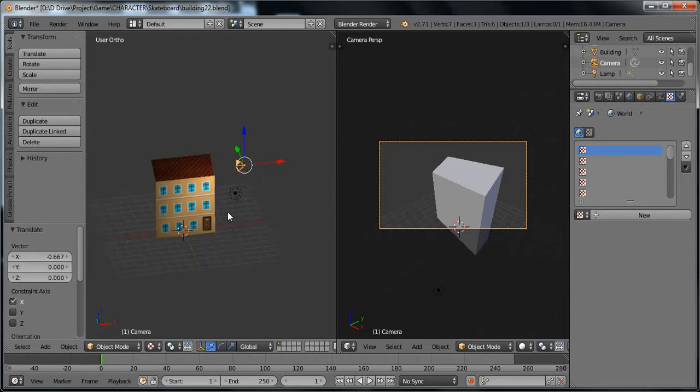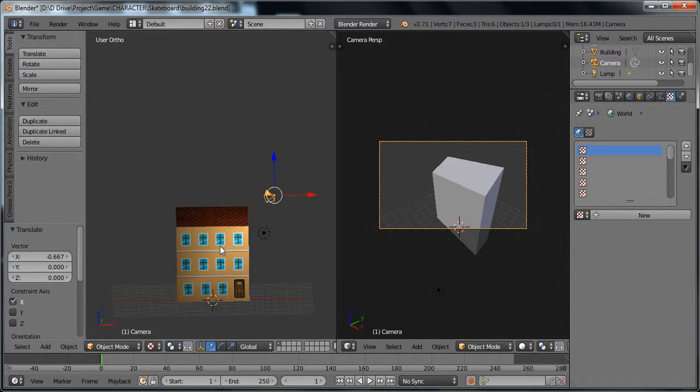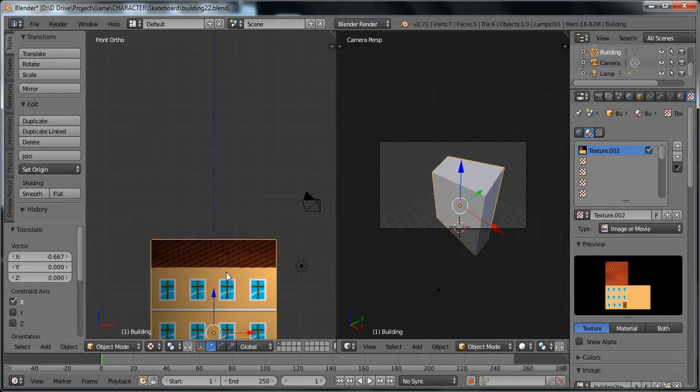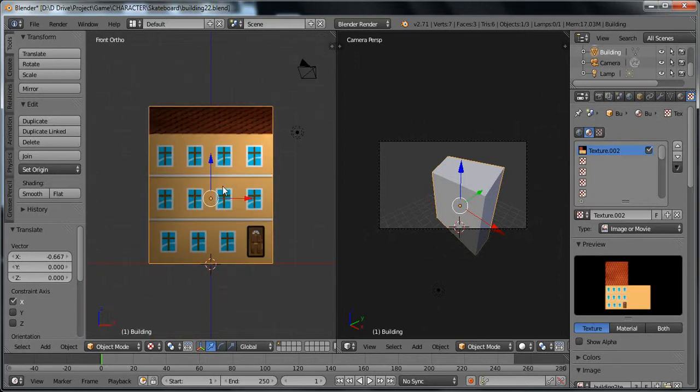So what you can do is turn the view however you want. Now I press one key on the numpad, and I have pressed the period key to focus on it. I select the object, press the period key and focus on this building.